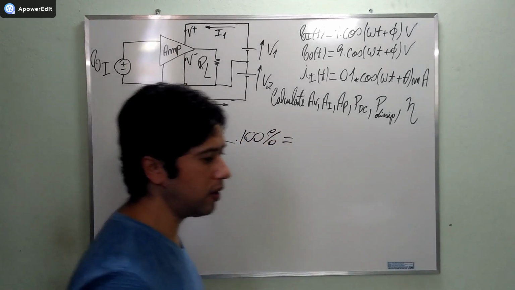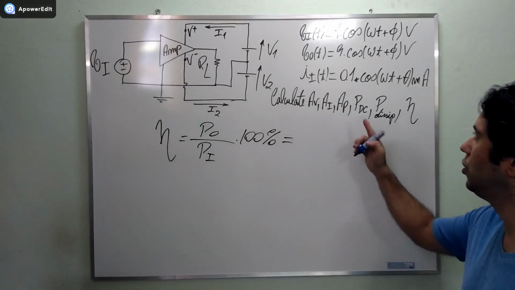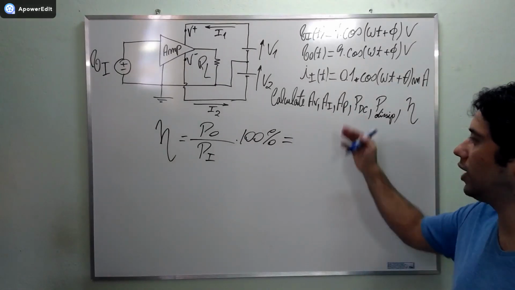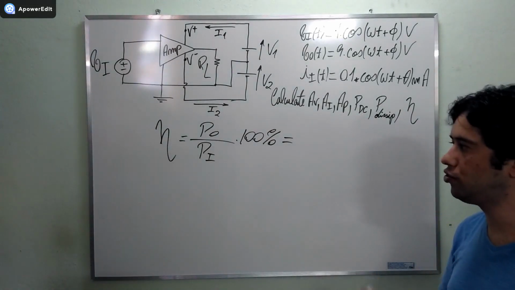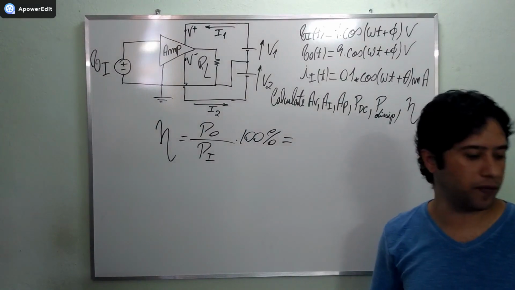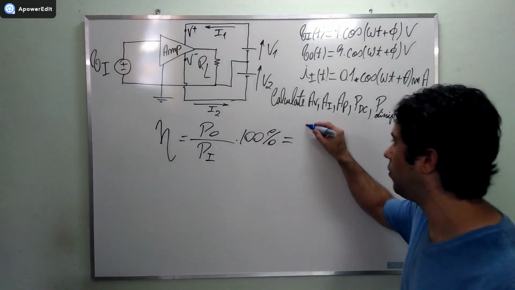Okay, the power out, we calculated it using, okay, I don't remember. You simply go to the beginning of the video and then you're gonna see how we calculated the power out. The power out is